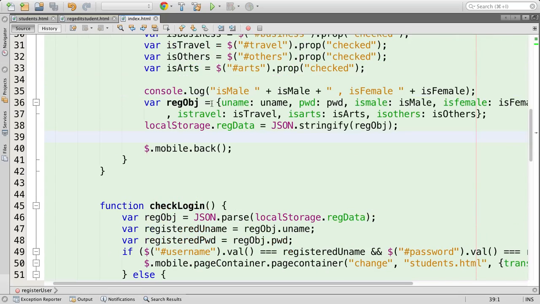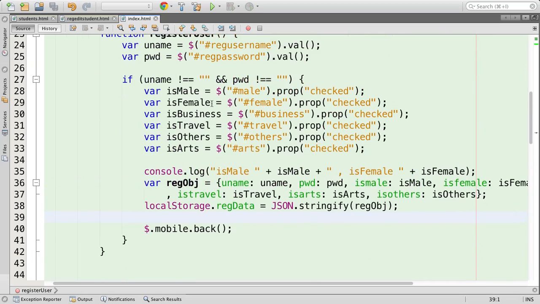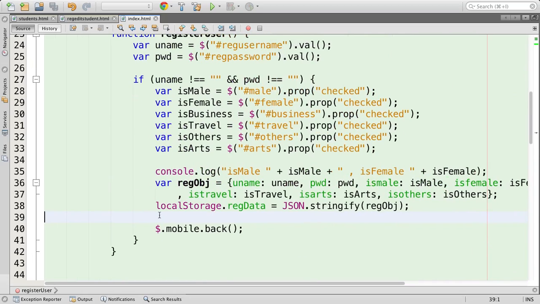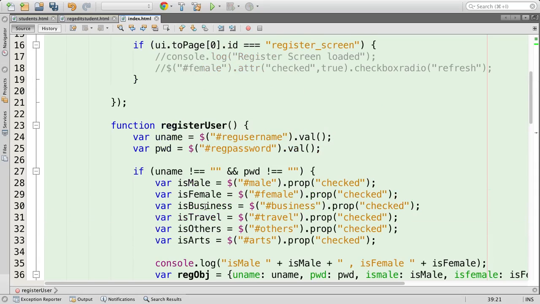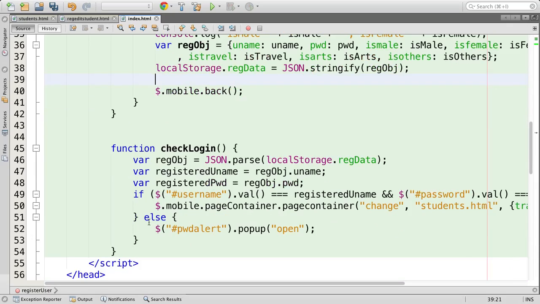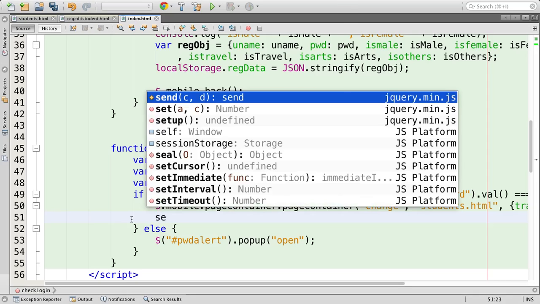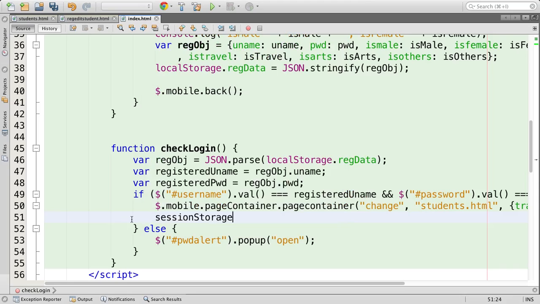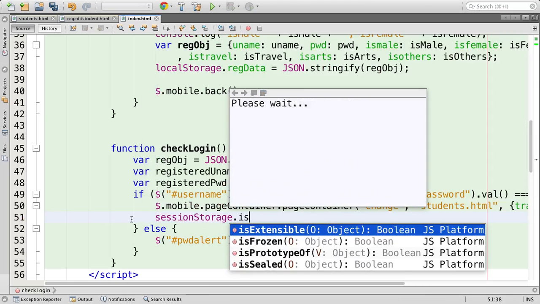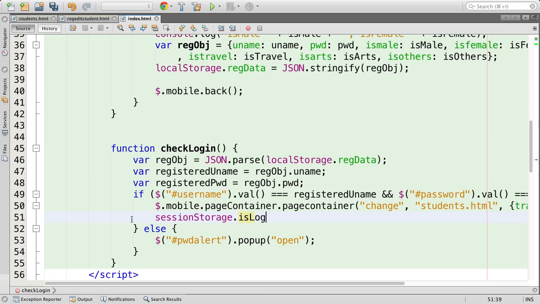Where's the registration happening here? So this is where the user is registering and this is where the user is logging in. So session will take effect as soon as the user logs in. A session storage is a global object, just like local storage. I'm going to add one key called isLogin. I have a habit of keeping "is" as a prefix,